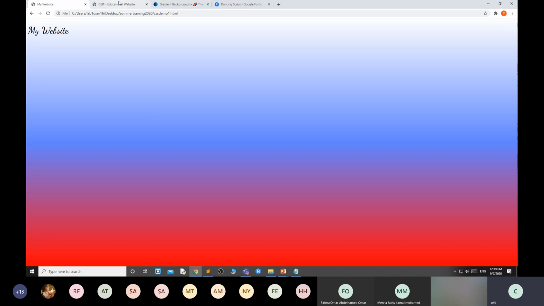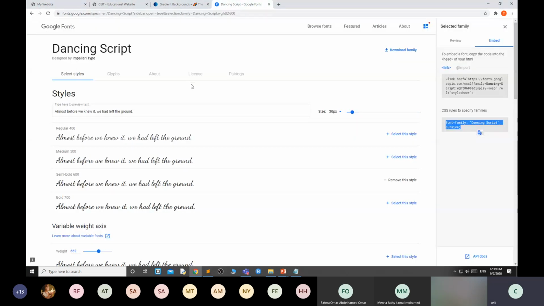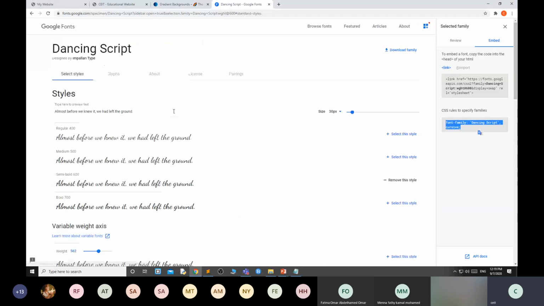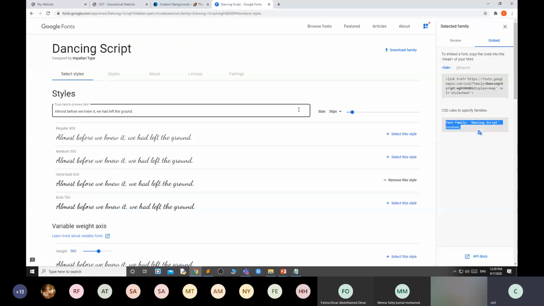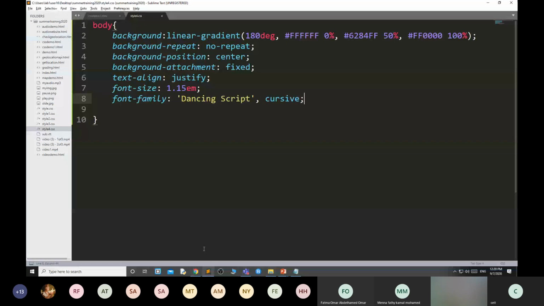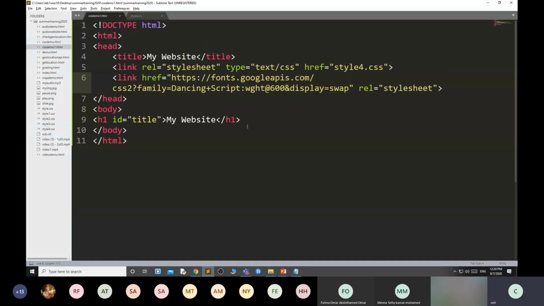Did you understand how to use Google Fonts? Simply go to Google Fonts, select which font you want for your web document, then add that link in your HTML and add the CSS rules in your CSS. Okay then.